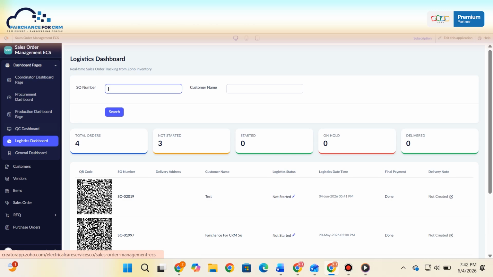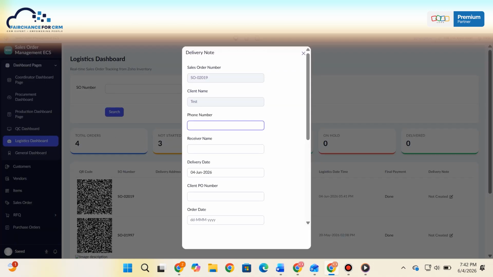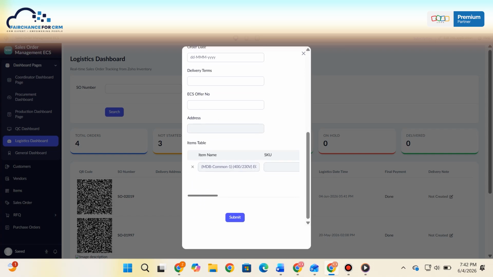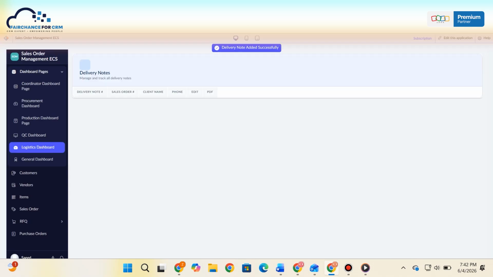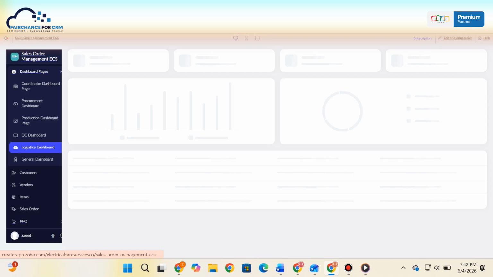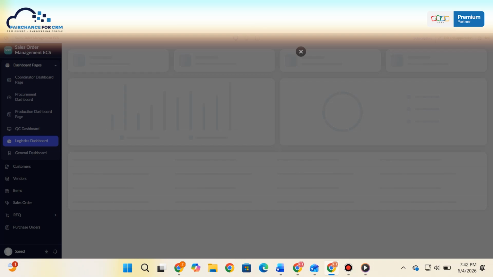They will pack all the material and they will ship it. They will create a delivery note. This is a template for the delivery note. After creating a delivery note, they can view the delivery note as well.